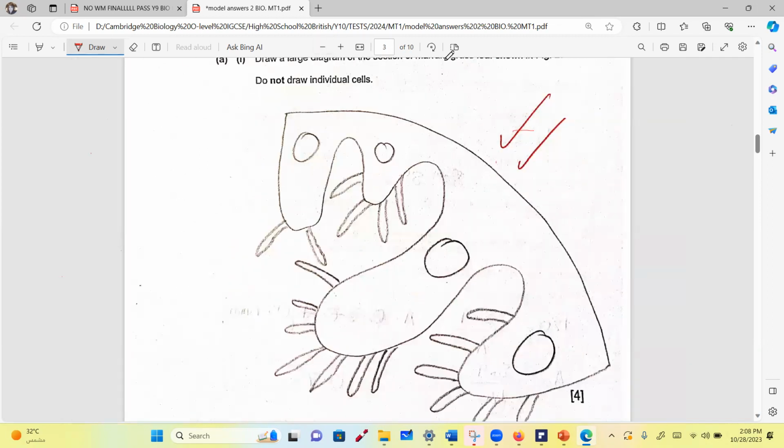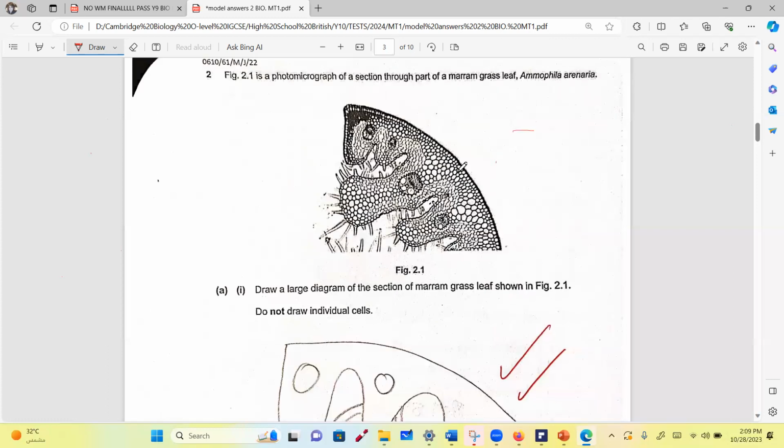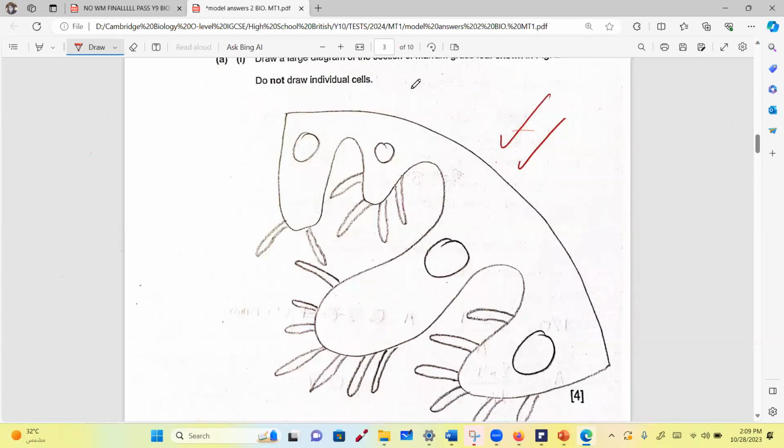Broken lines? No. The lines are not broken. And the size is very good. And the details, the cells? No. These are not cells. These are vascular bundles. So everything is good, but she did not show the different tissue layers. This is the epidermis, by the way, of the plant. So a perfect picture would be her picture added to that.